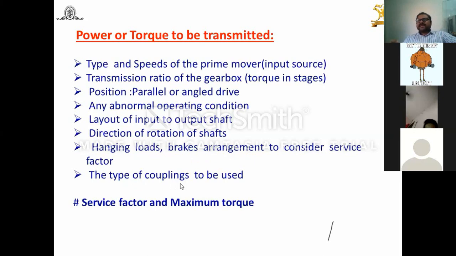Sometimes the rigid coupling has vibrations, and those vibrations may have an effect on the torque transmission or power transmission compared with the flexible coupling. Generally, flexible couplings are used to connect the prime mover with the input shaft. That's why the coupling also plays an important role. So while taking care of the torque to be transmitted, these parameters are important, and they will help you decide the load correction factor or service factor, and based on that we can easily find the maximum torque.